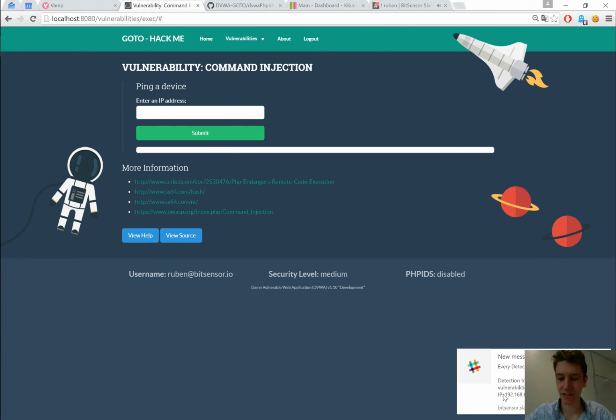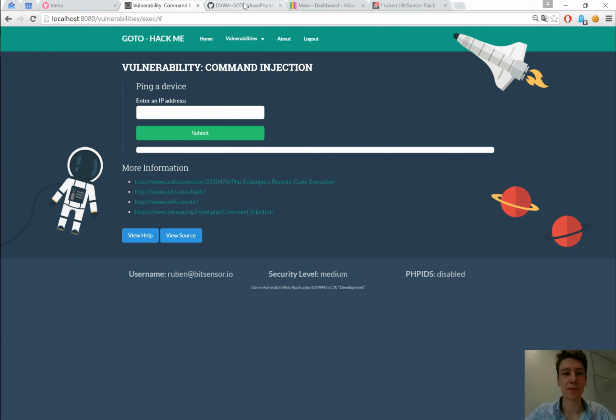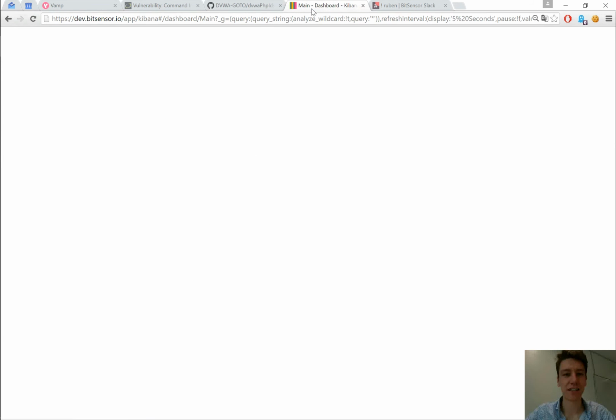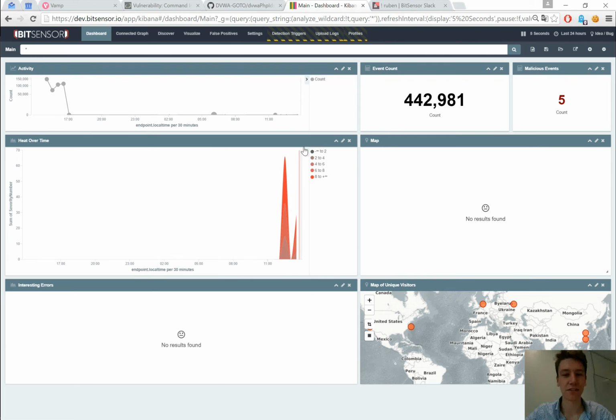So hey, we got an alert. ElastAlert is sending an alert to Slack. Let me show you how that works. BitSensor has been instrumented inside this application within a few lines of code. So it's sending security events in real time to the BitSensor SIEM solution. We have a map of all our visitors,